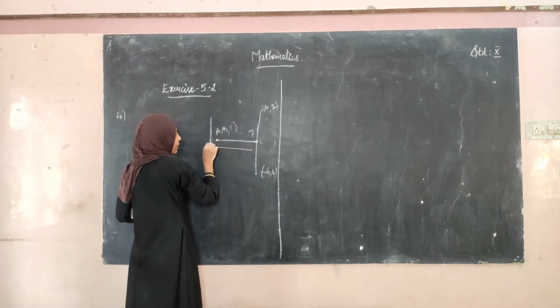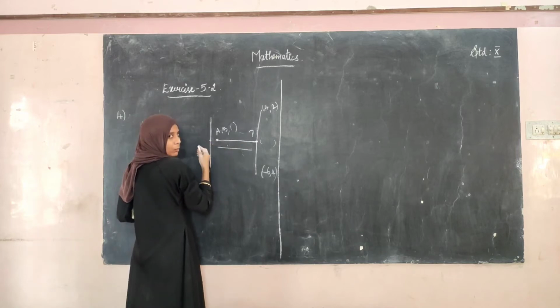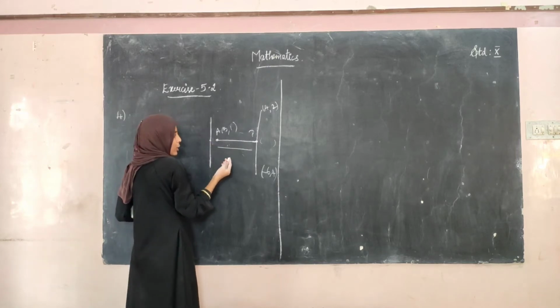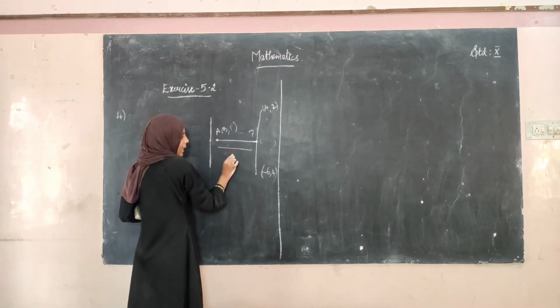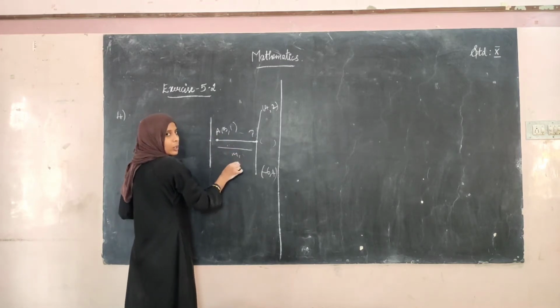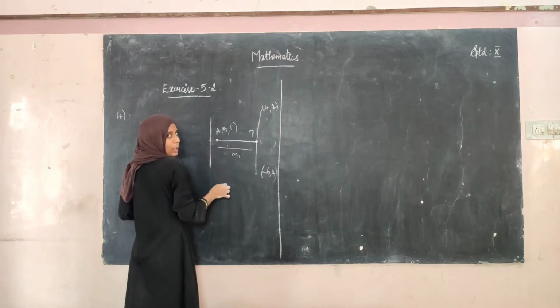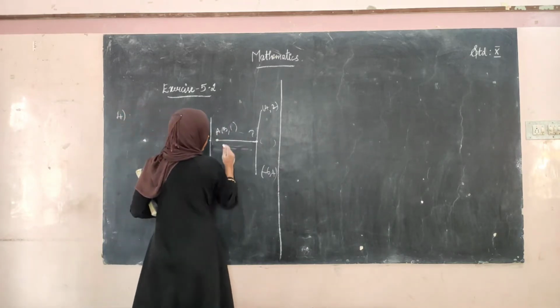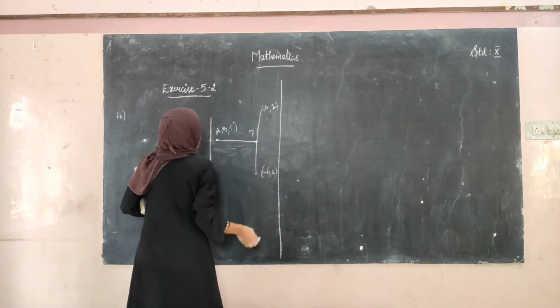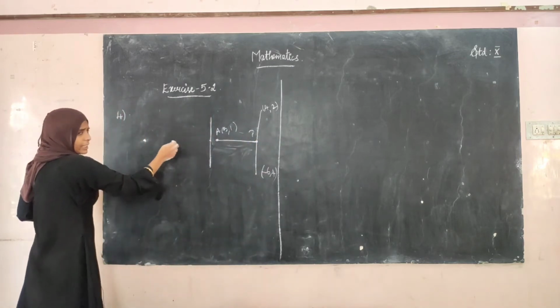We know that if these two lines are perpendicular, m1 into m2 equals -1. Using that condition, after finding the slope of this line, take it as m1. Then m1 into m2 is equal to -1. Use that condition and find the answer. So this is how we have to find the sum here. So first let us find the midpoint.